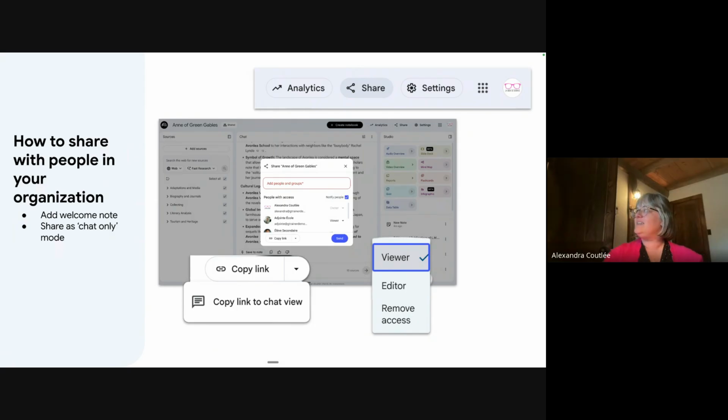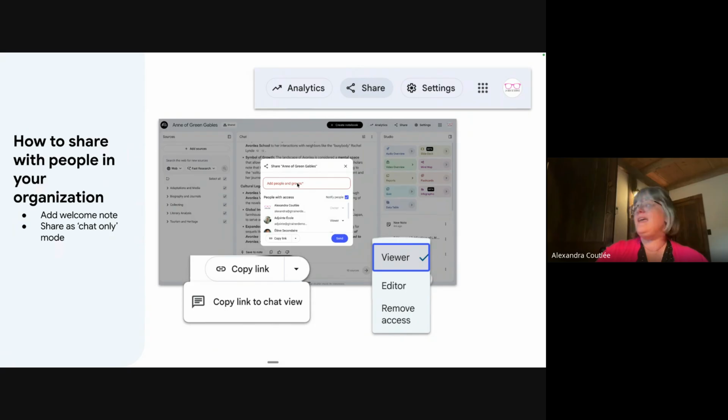Now, to share with colleagues, at the top of your screen, you have a share button. When you click on it, you'll probably be very familiar with this box that looks like any other share box in your Google environment. You'll be able to add the email address or the group. If you have already a group of, like, we're math teachers and you have a group that you use to share your Google Docs, for example, or your slides, you could actually use the groups as well.